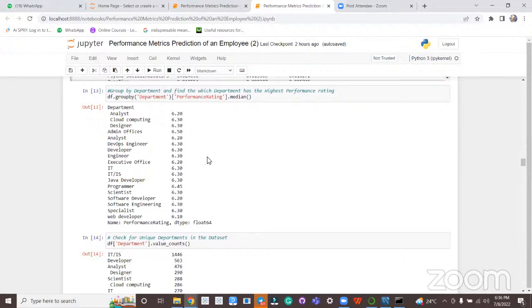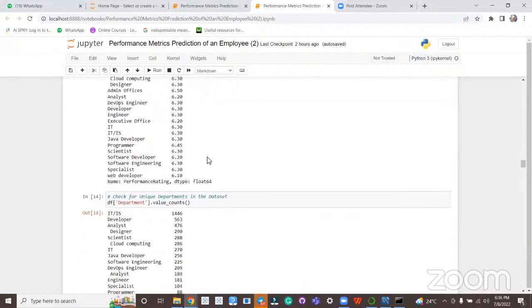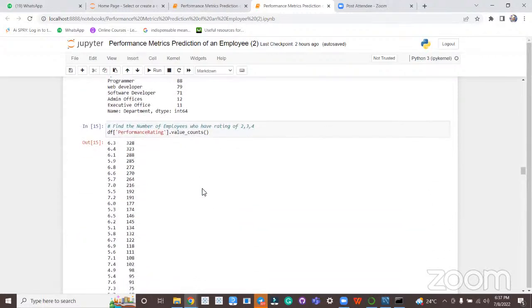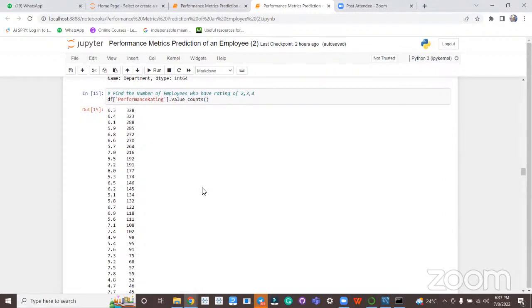Then we also looked at how many employees are there for each department. And you can see the IT department has the majority of the employees in our data set. Then this number gives us the number of employees having a specific performance rating.